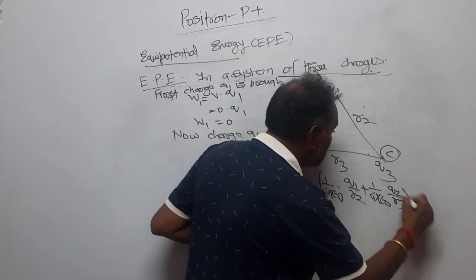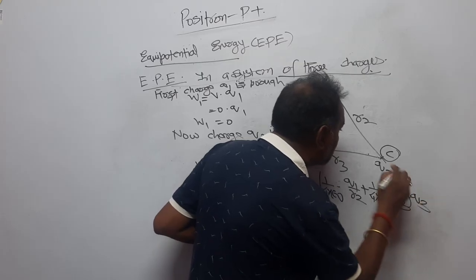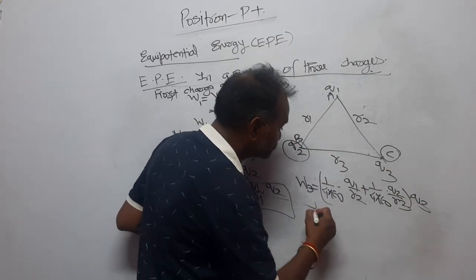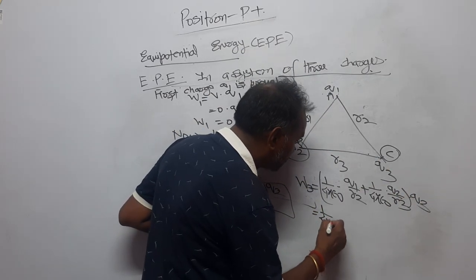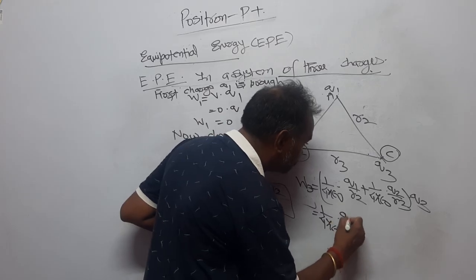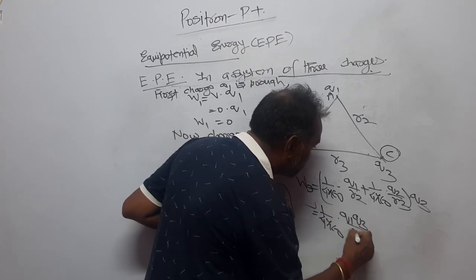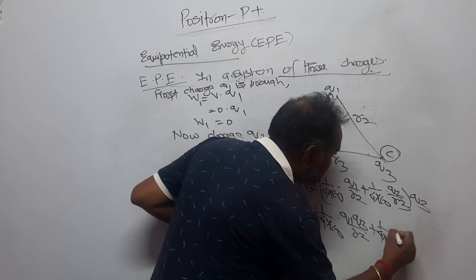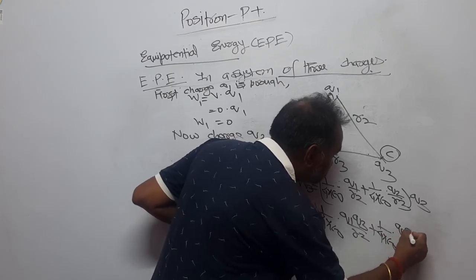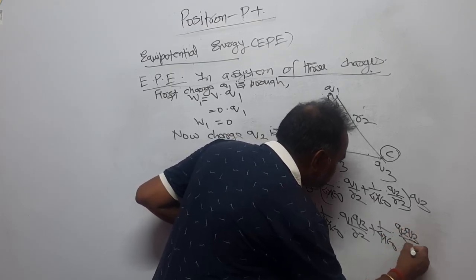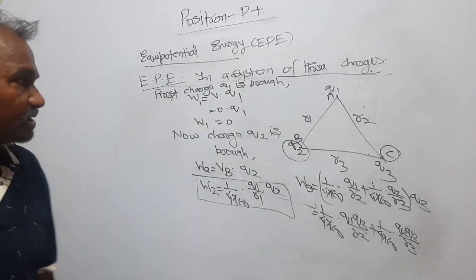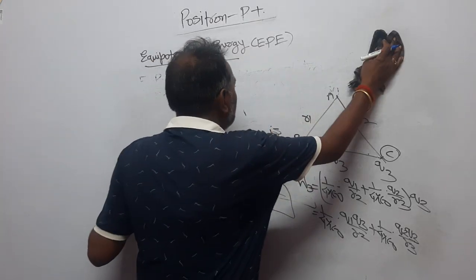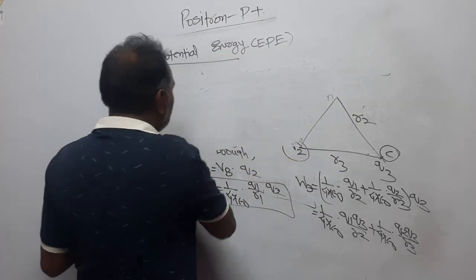This is the V, and charge Q3 is brought. So you have got 1 upon 4 pi epsilon naught Q1 Q3 over R2 plus 1 upon 4 pi epsilon naught Q2 Q3 upon R3. In this way, dear student, the EPE of the system becomes